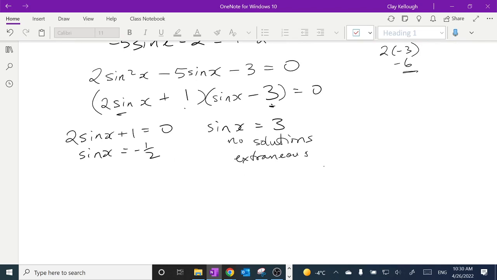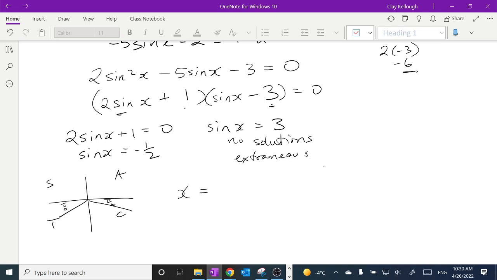Where is sine of x equal to negative 1/2? Sine of x is equal to negative 1/2 in these 2 quadrants, and sine is 1/2 in the pi by 6 family. So pi by 6 here and pi by 6 here. I guess I could do this as decimals. You know what, I better do what the instructions said. Let's find the answers in decimals. So I think my answers are